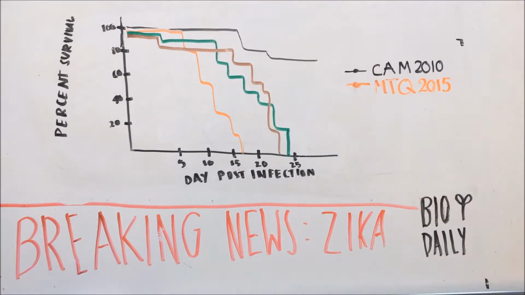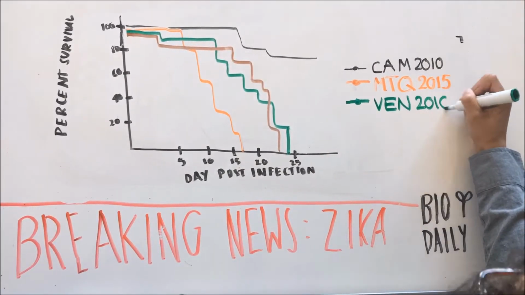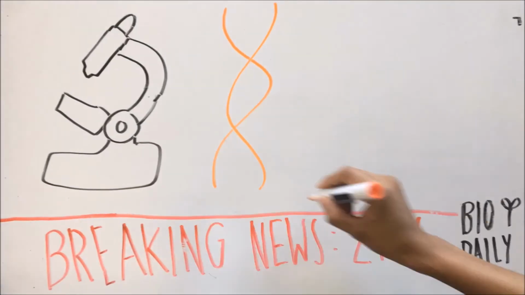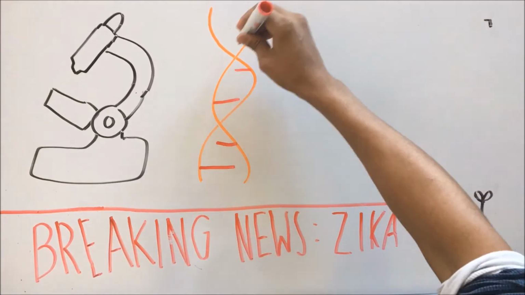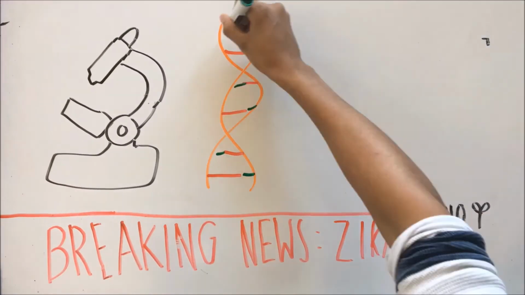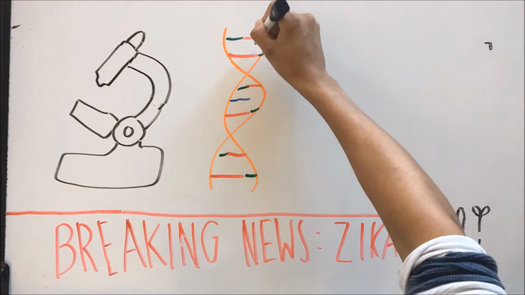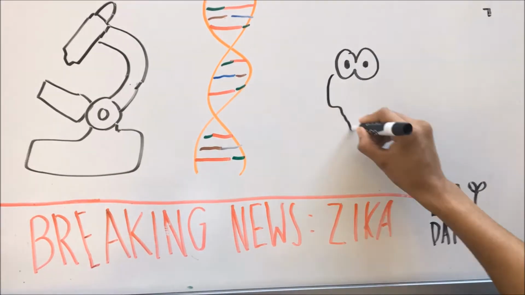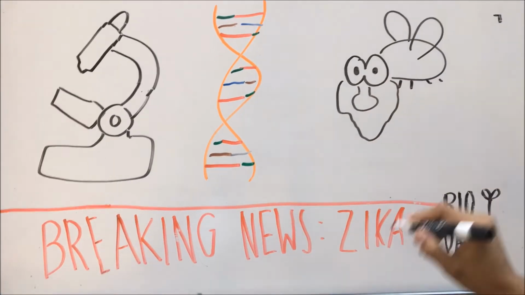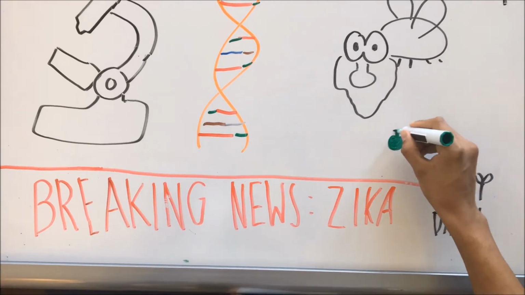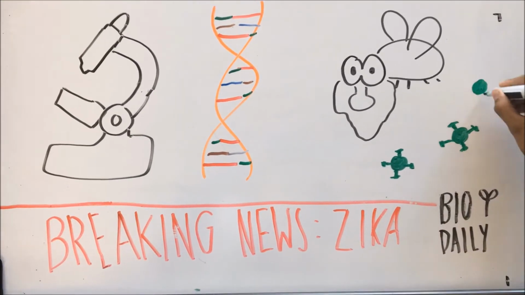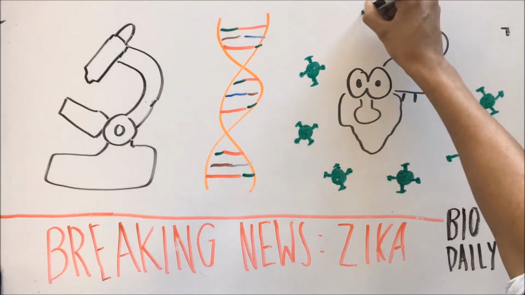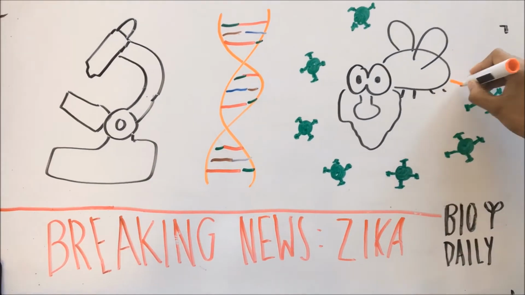Then, the researchers compared CAM 2010 and VEN 2016 to determine if mortality was associated with microcephaly. They confirmed the association, finding that VEN 2016 caused severe microcephalic manifestations, including thinning of the cortex and neuron loss. Determined to find the underlying genetic cause of this more serious strain of Zika, the research team created 7 different mutant viruses using the ancestral strain as a base, each with a single amino acid substitution. Of the 7, S139N exhibited a higher degree of virulence as well as grave microcephalic symptoms and prolific replication.